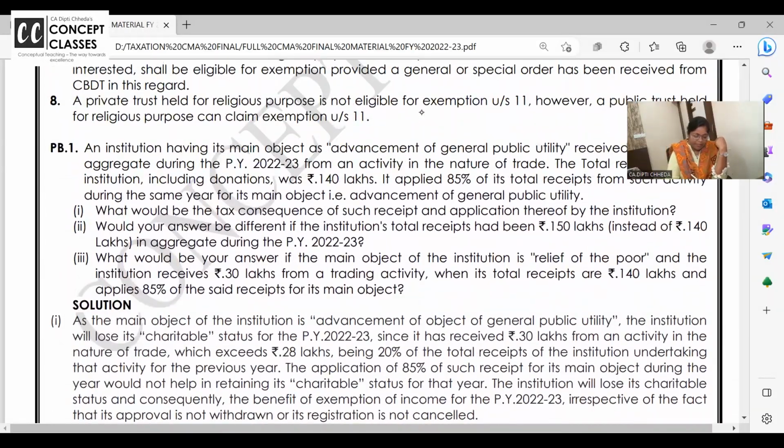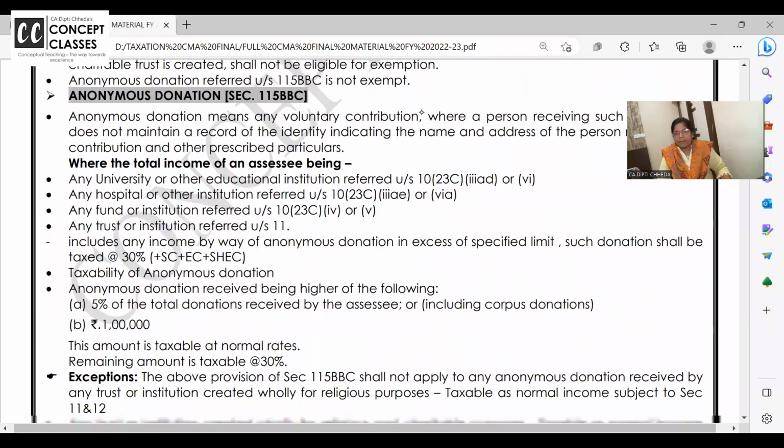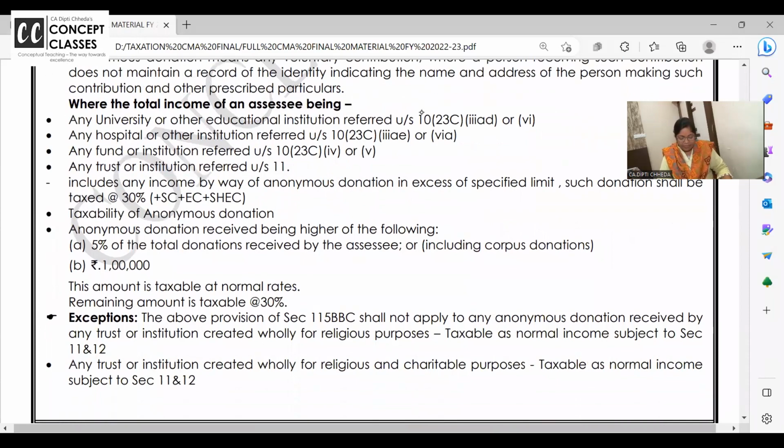This question, mark it, very important. Exactly the same can be repeated. So this question is very important. We have discussed all this. I'm just revising so that you all know what the important amendments are. It'll take just 5, 10, 7 minutes and then we'll start with the registration.